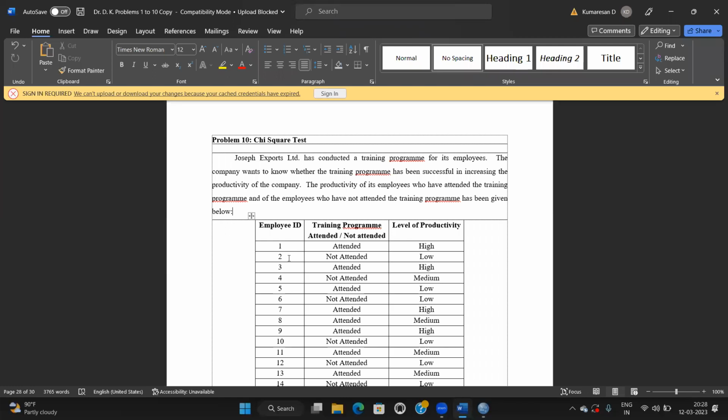Likewise here, attended, not attended. Instead of affected, not affected, we are categorizing into 3. 3 grades are given: high, medium, low. In the case of the Mann-Whitney U test, the samples were divided as managerial and technical. But here,